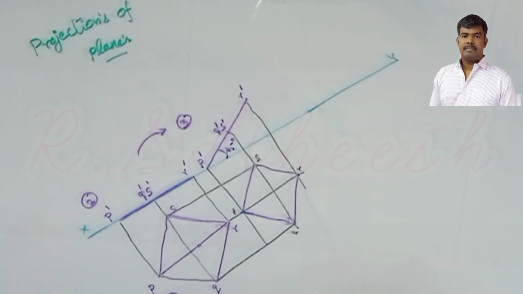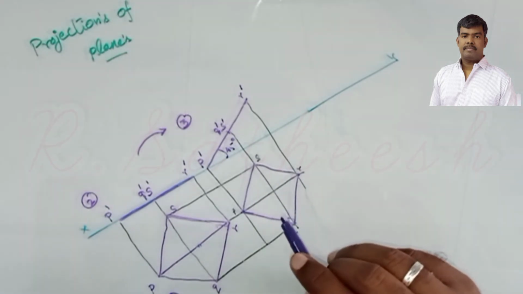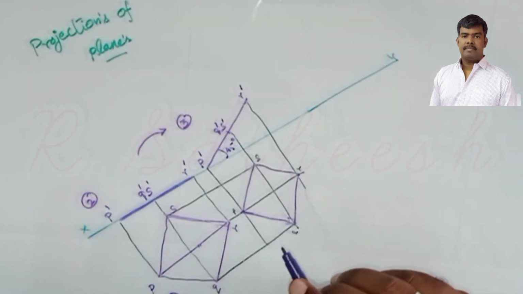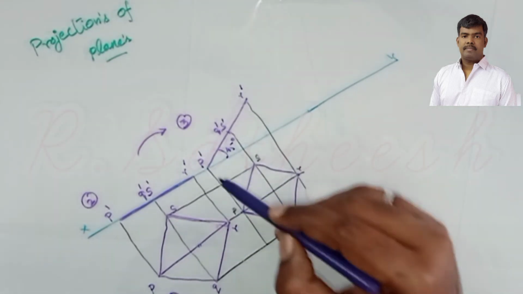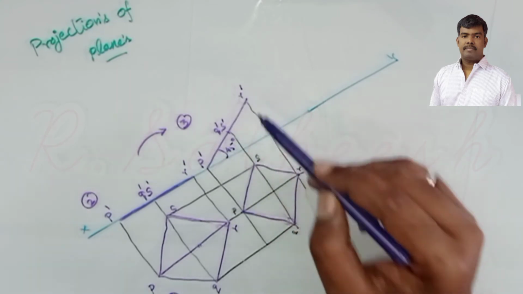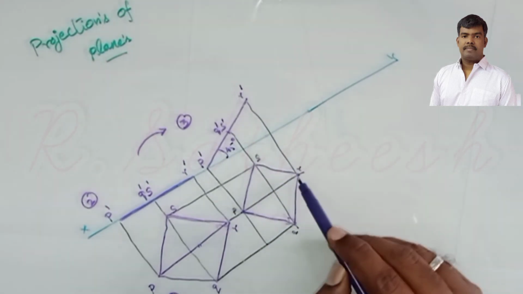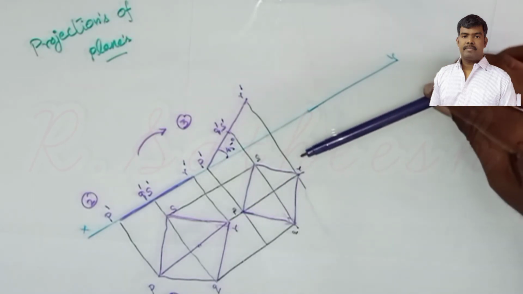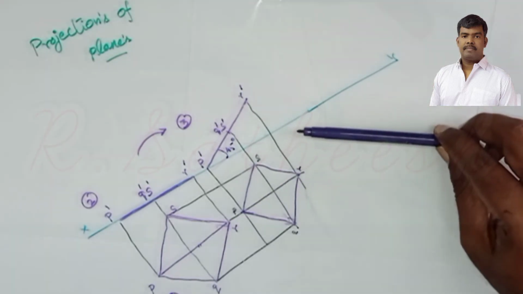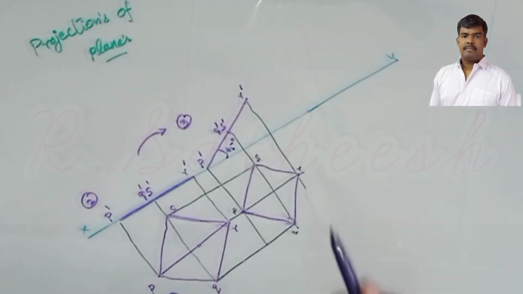So the diagonal PR is inclined 45 degrees to HP, that is over. Then it is also inclined 30 degrees to VP. Which one? The same diagonal PR. So now in this case the diagonal PR is inclined to HP and parallel to VP. Now that diagonal is again inclined to VP. How much? 30 degrees. So you draw a 30 degree